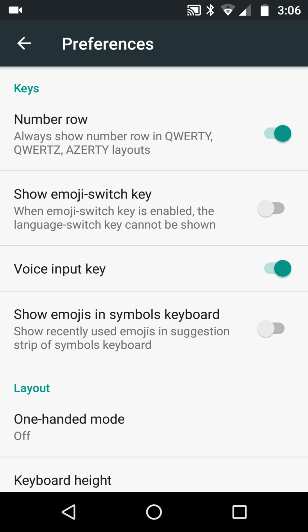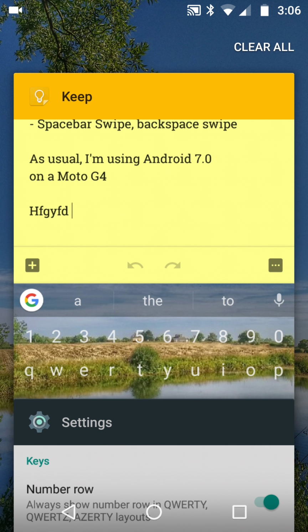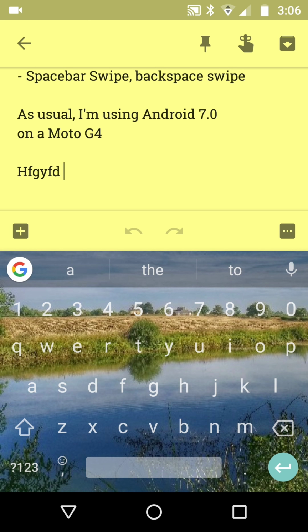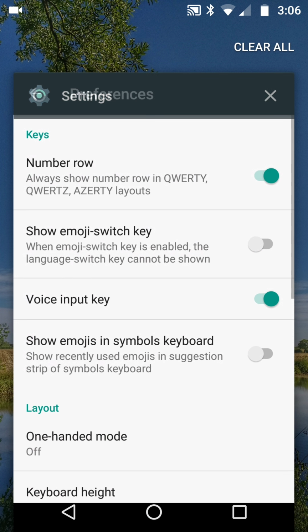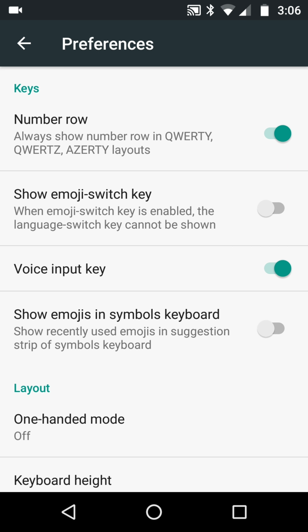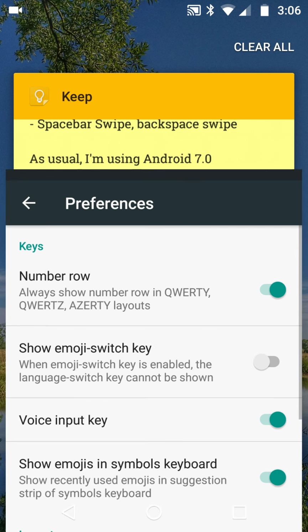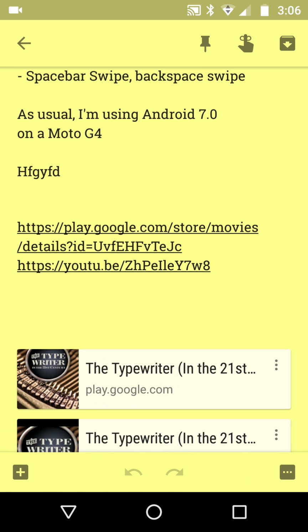Show emojis in the symbols keyboard. If I go in and look at the way my keyboard is set up right now, I've got the G, and then I've got A, the, 2. In other words, the text is there. If I change it and say show emojis in there and I turn it on, then I come back, and this time